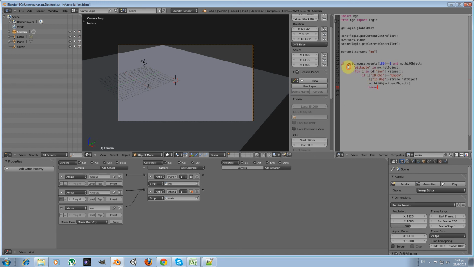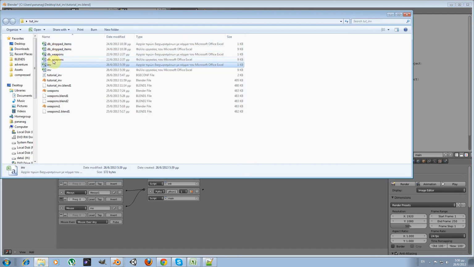We check if the hit object, the object that our mouse cursor is over, has the property pickable. If that's the case, we are looping in the inventory dictionary, which contains the slots of our inventory